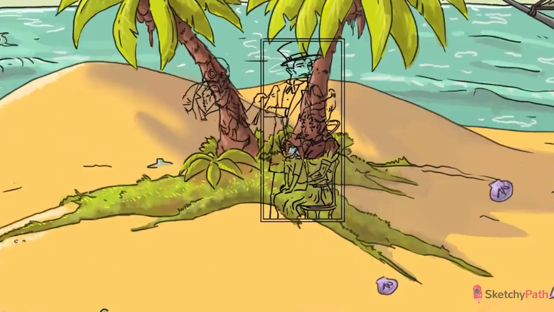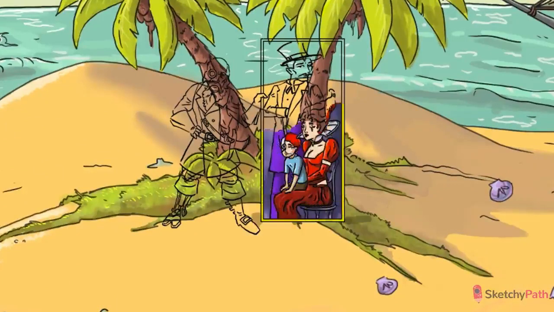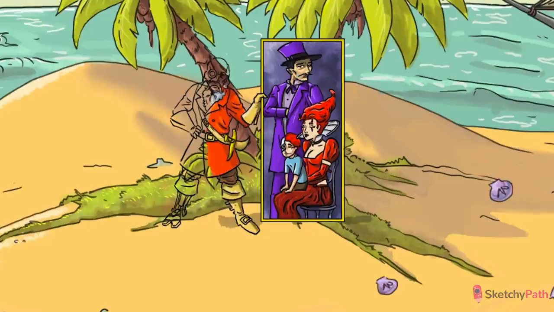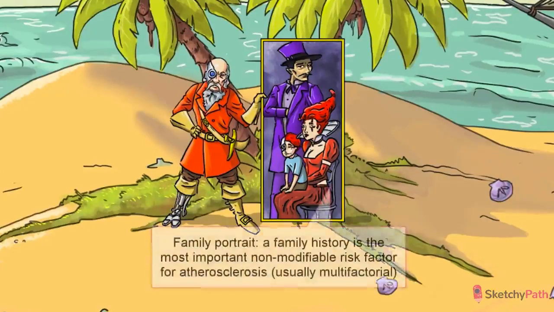Well, there are multiple risk factors at work here, and we'll separate them into non-modifiable and modifiable factors, starting with the non-modifiable ones. Bad news first, right? Let's see what the pirates brought to bury today. Some kind of H.G. Wellsian family portrait painting? That's not fun. At Sketchy, a family portrait represents family history, and in terms of atherosclerosis, this is the most